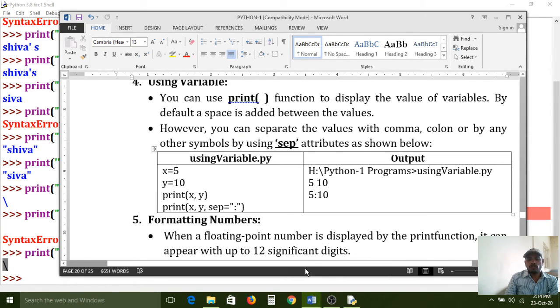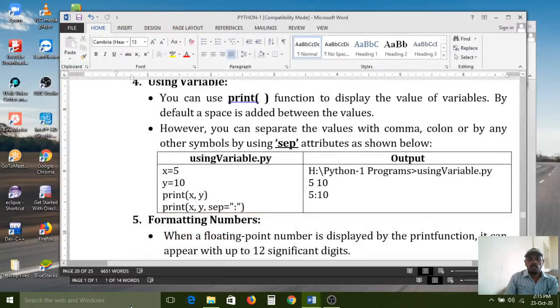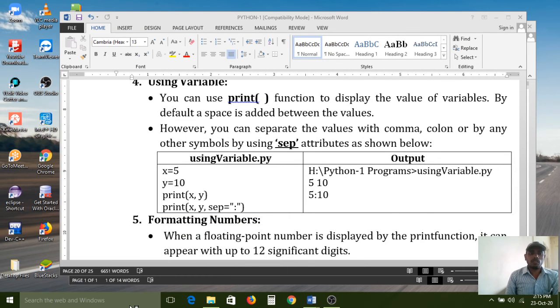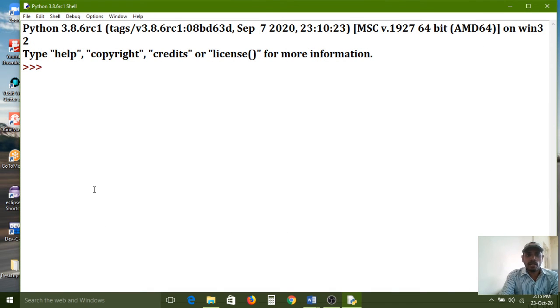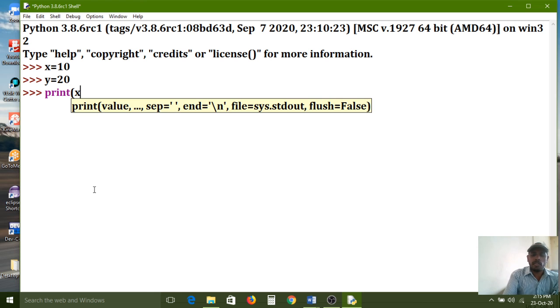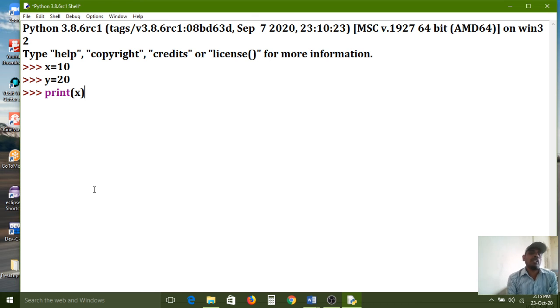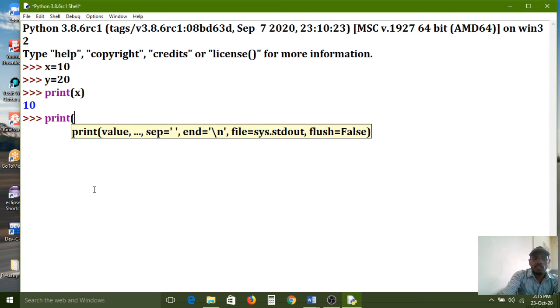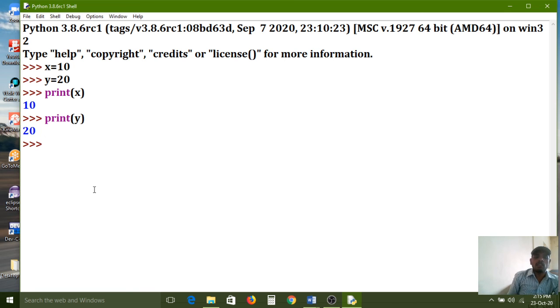Using variables is also possible. How to use? Along with the print function, we can use variables also. Say x equal to 10, y equal to 20. Now I want to print the x value. Along with the print function, first one is without expression, after that with string expression, after that with escape sequence characters, and after that along with variables also. All of you carefully observe: the x value it is printing now. Similarly the y value it is also printing now. So along with variables also, we can use the print function.